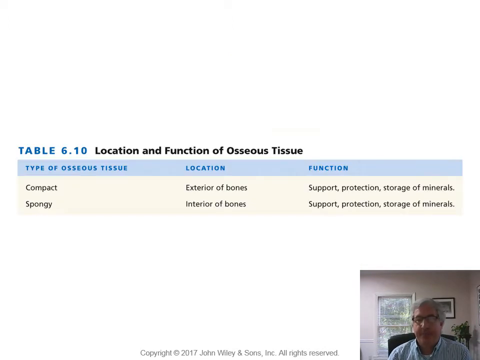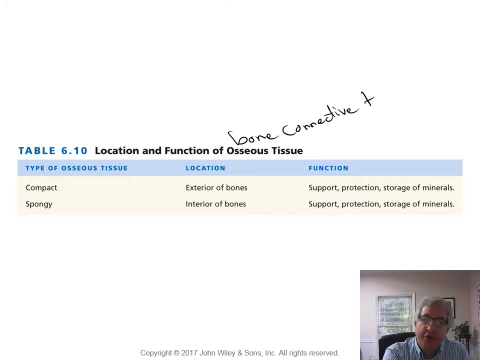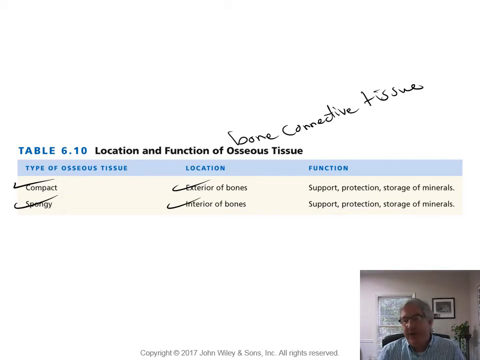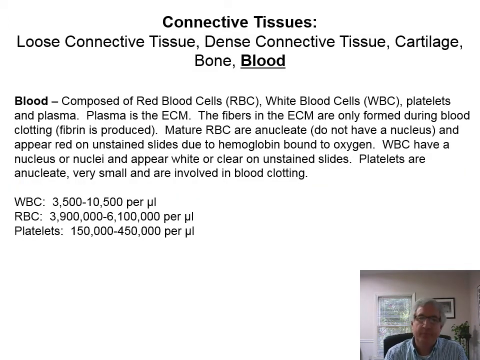All right, next slide. So where do you find osseous tissue or bone connective tissue? So compact bone is on the exterior of the bones, and spongy bone or trabecular bone is on the interior of the bones. Both of them provide support, protection, and mineral storage. And we'll get into that next time. So next slide. Okay. So we've done loose connective tissue, dense connective tissue, cartilage, bone, and we are now at